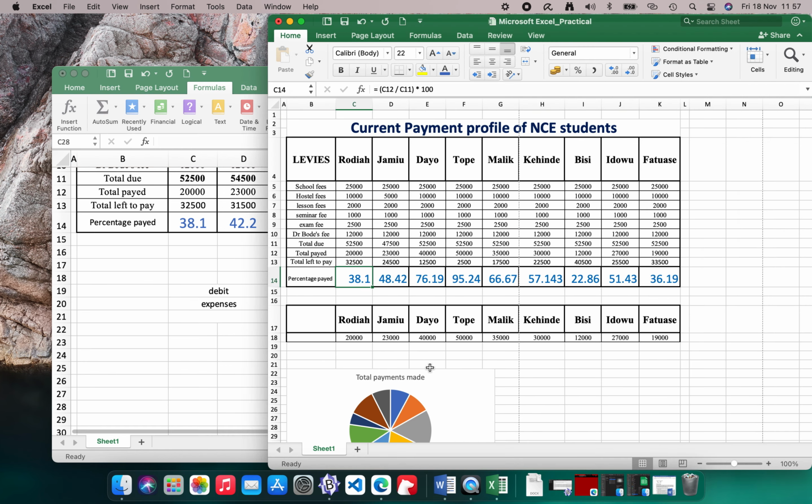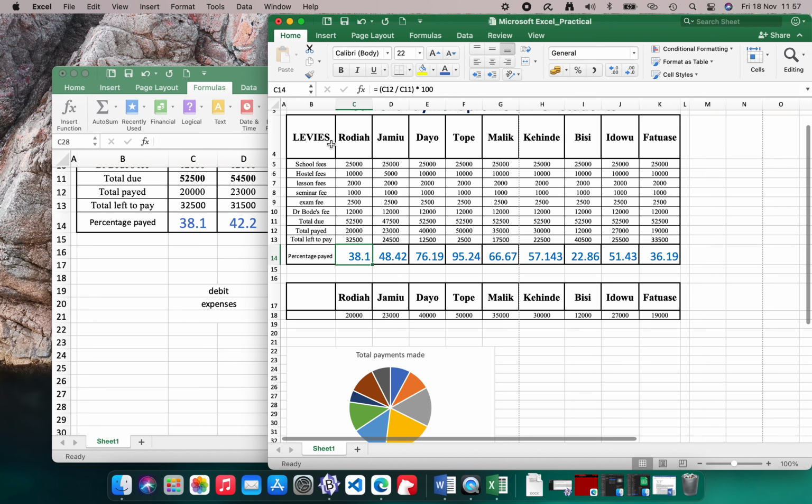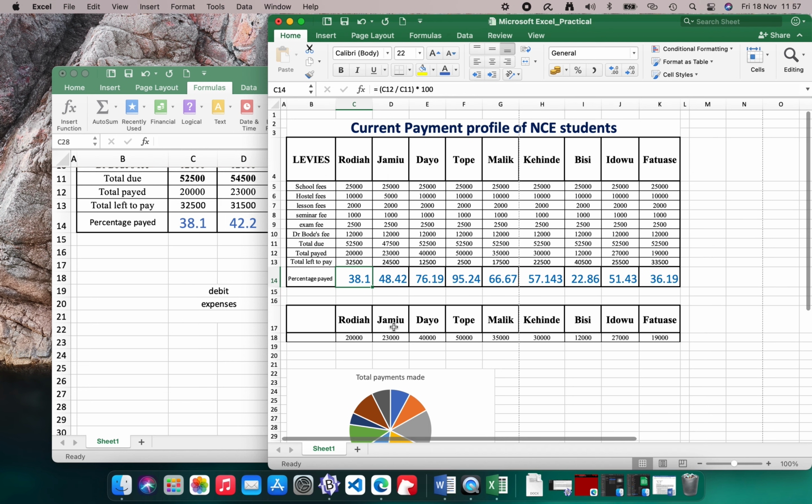All right. I want to draw a chart, a pie chart. So what I've just done here is to pick the name of everybody, and pick a particular payment they all made. I'm not sure which one I picked here. Okay, I think it's against the total amount of money they have paid. Yes, against total amount of money paid. So let me put that there. Total